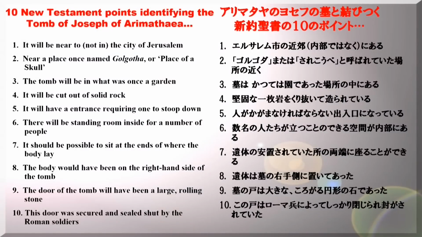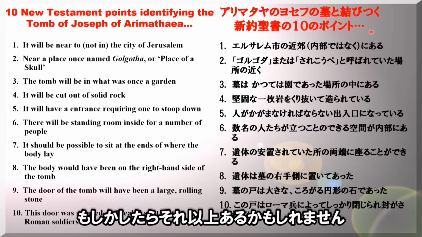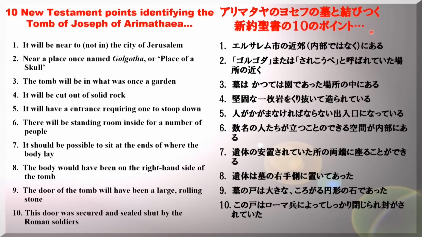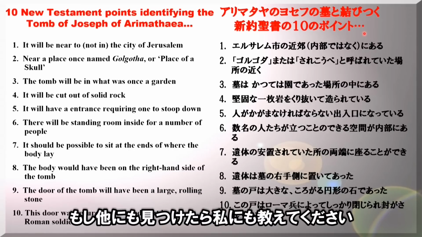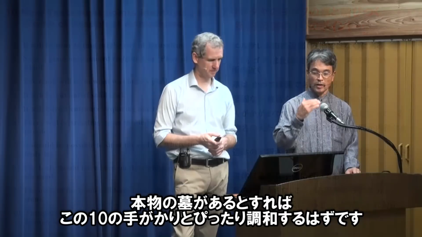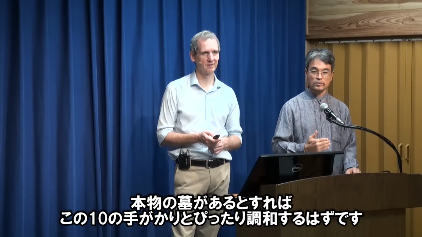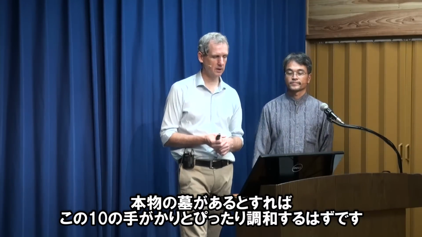So there's a list of 10 clues we can glean from the Gospels. 福音書から10のですね、手がかりを導き出すことができます。There may be even more. もしかしたらそれ以上あるかもしれません。If you find any, please share them. I'd love to hear them. もし他にも見つけたらですね、どうか私に教えてください。Now, if we're going to find the right tomb, it must be consistent with all these points in the Bible. もし本物の墓があるとすれば、その墓はですね、これら10の手がかりとぴったり調和するはずです。